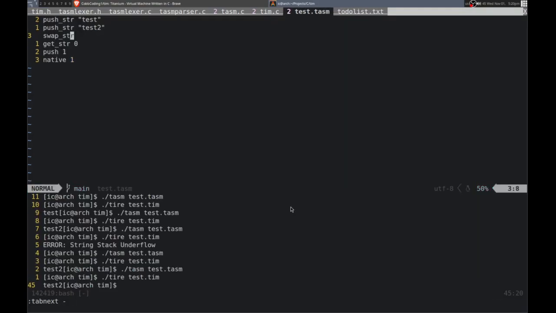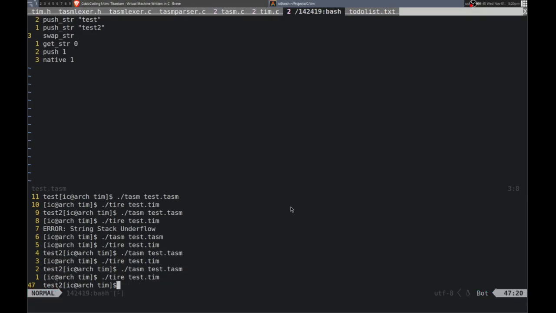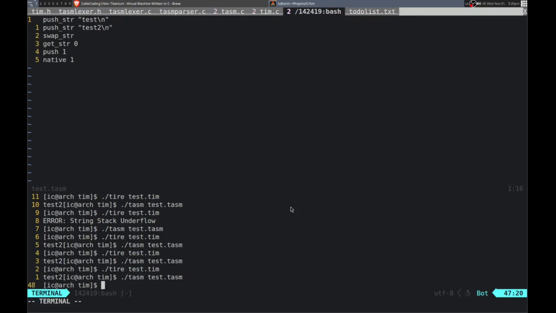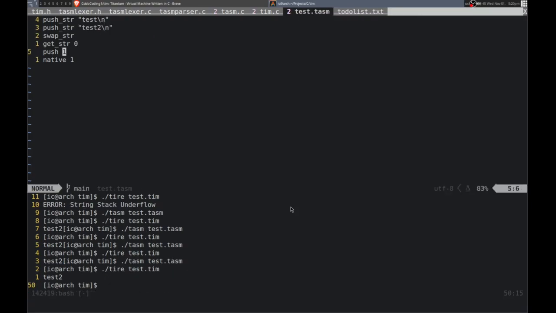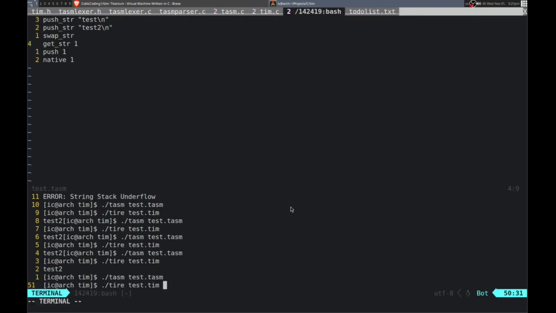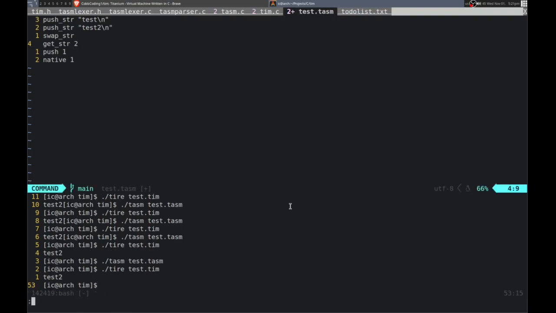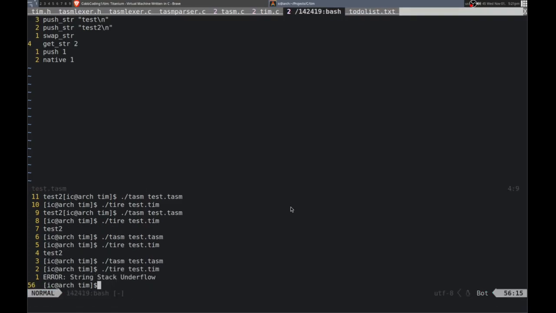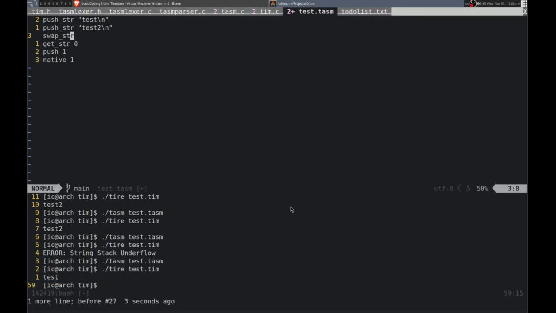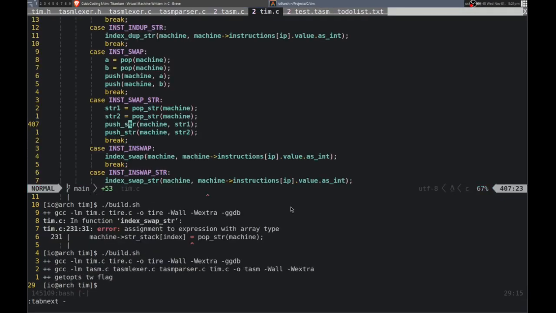Let me just make sure. Alright, so that, let me add a new line so it's easier to read. So that is right, test 2. But then get stir 1 is also test 2. And 2 shouldn't exist. It does not. So, but then if we don't swap stir, then the first one is just test. So yeah, it was just,